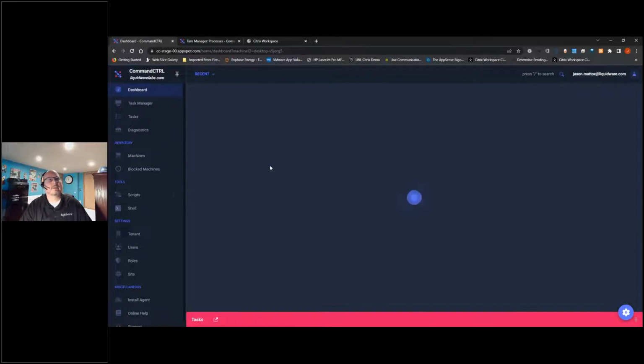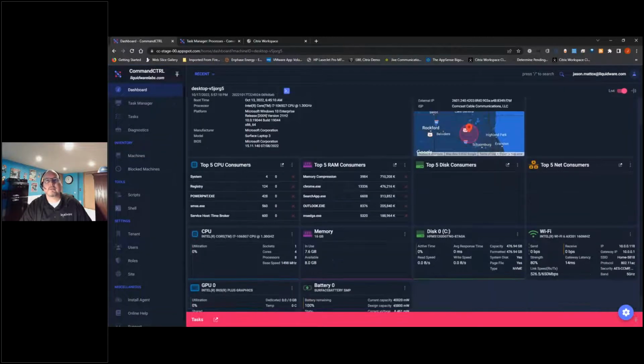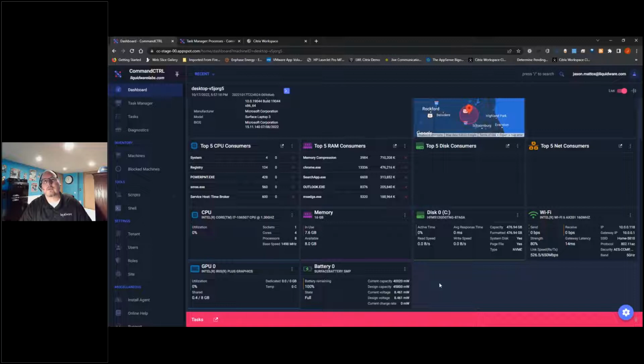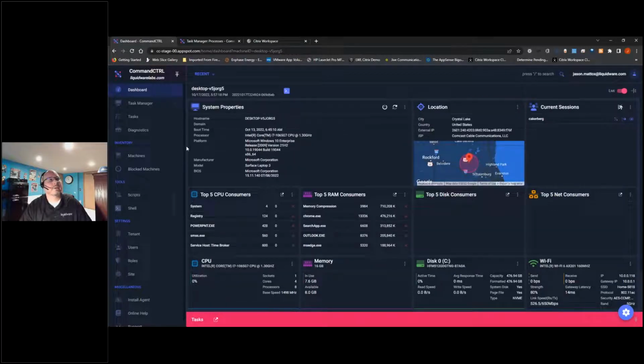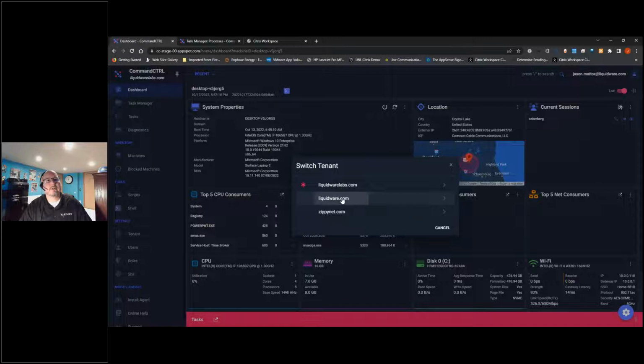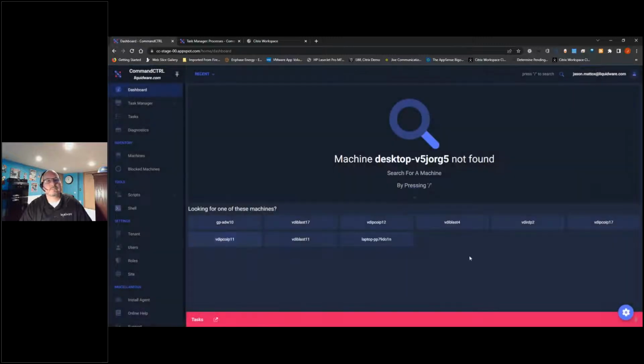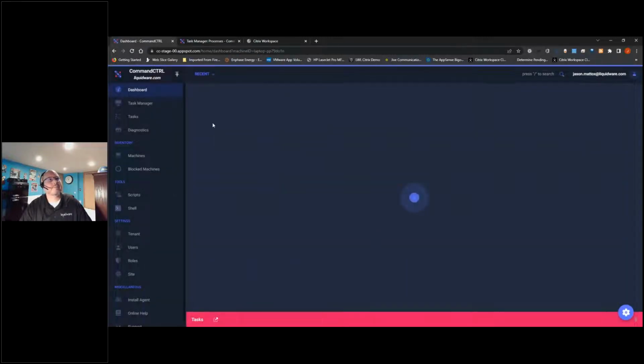In this environment, we can sort by what's being seen. And here's a machine that's being seen, so I can switch over. I can switch any machine in the environment, and I can start looking at performance metrics, troubleshooting, seeing what kind of performance this user is getting that's connected in Liquidware Labs. Now, to switch back, I want to show something else with the scripting here. Go back to my machine,